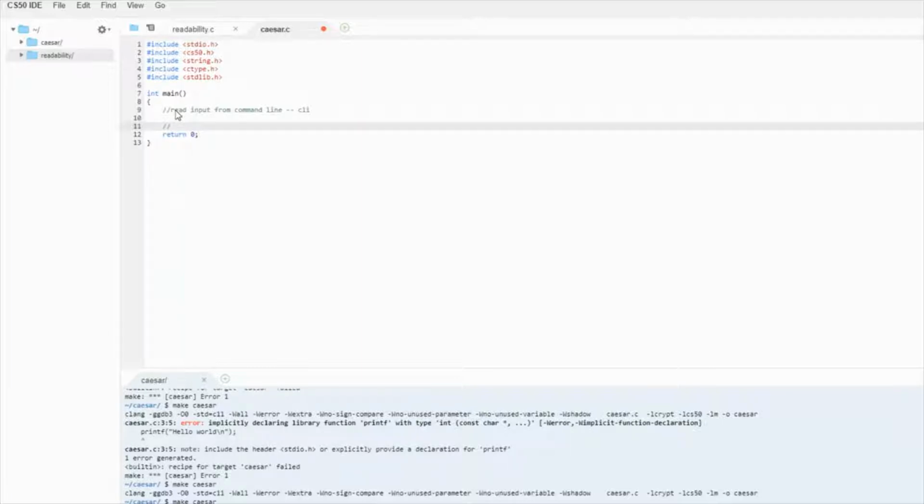We just want the very first thing they enter. So we're going to read only the first command line argument. We want to parse that and return an error if there's any characters or strings.